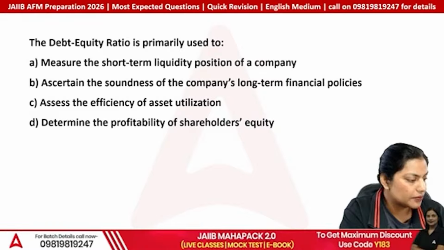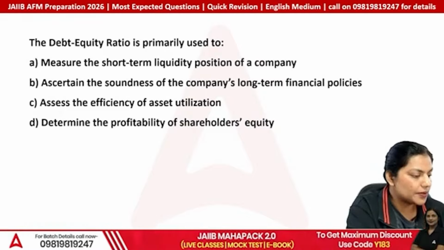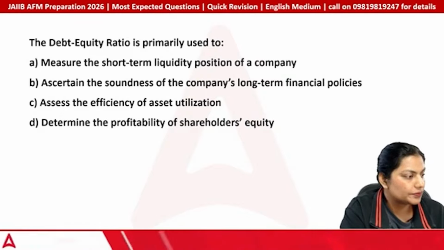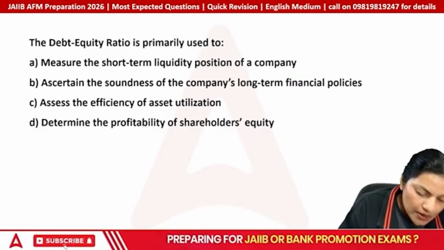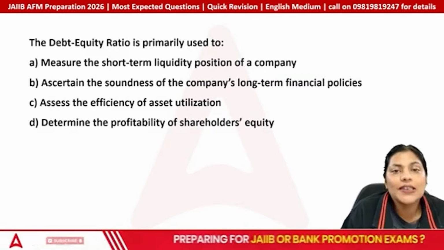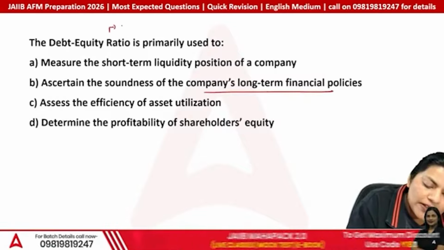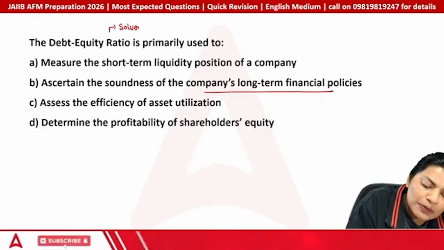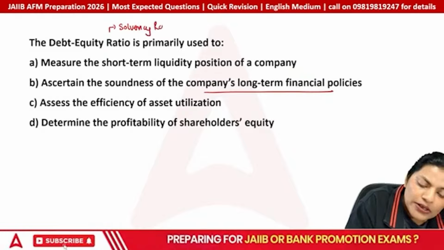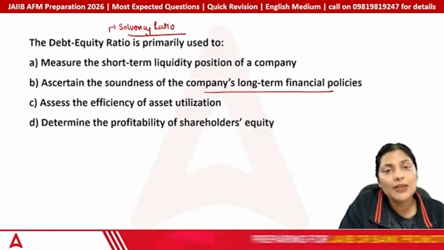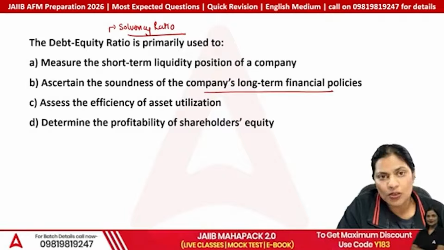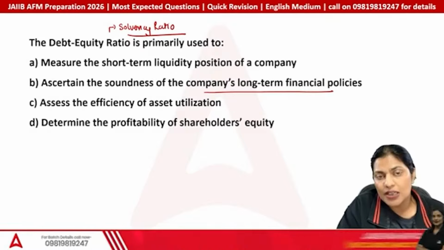Very good. See, now you all are trying to answer. Excellent. See, now debt equity ratio is basically the measure of company's long-term position. Solvency will talk about your ability to repay, right? What does solvency ratio talk about? They talk about the ability to repay. It could be long-term, it could be short-term. Long-term is debt equity ratio.